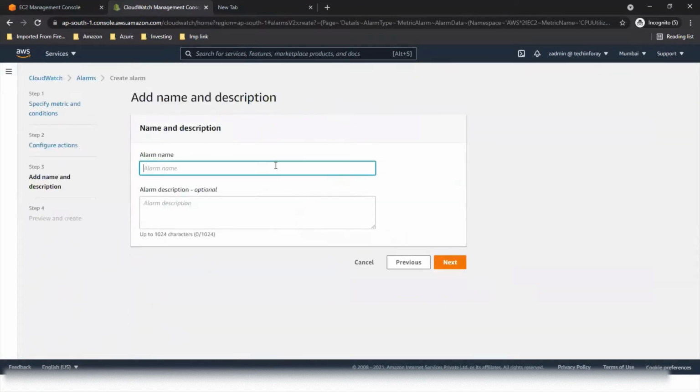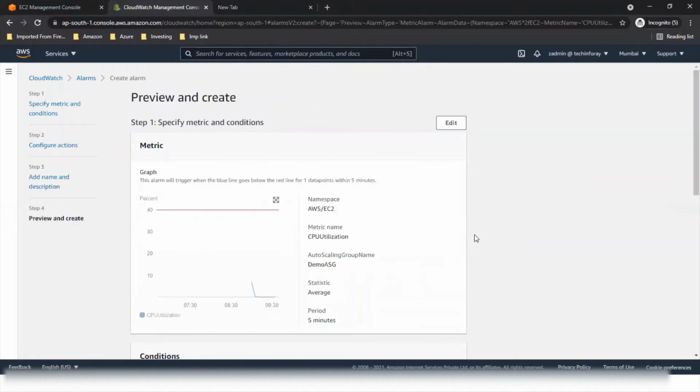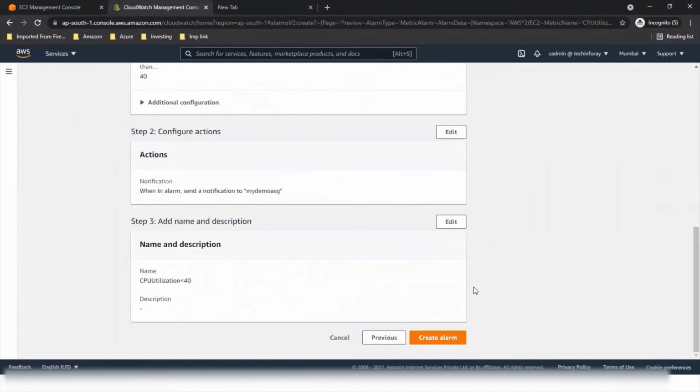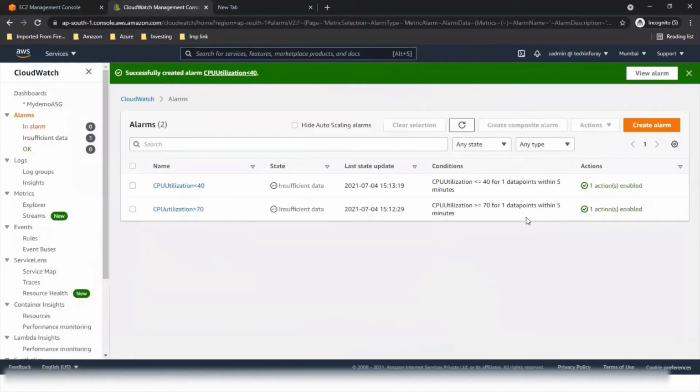Next, CPU utilization less than 40. Next, create alarm. Okay, so we have our policies in place, alarms in place.